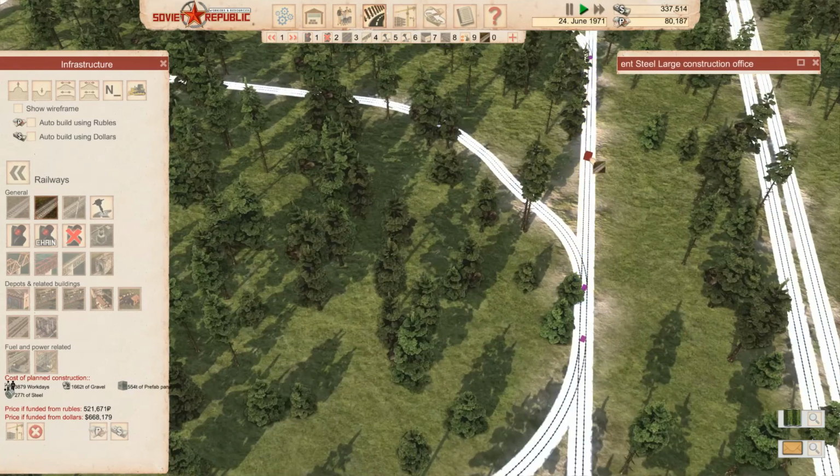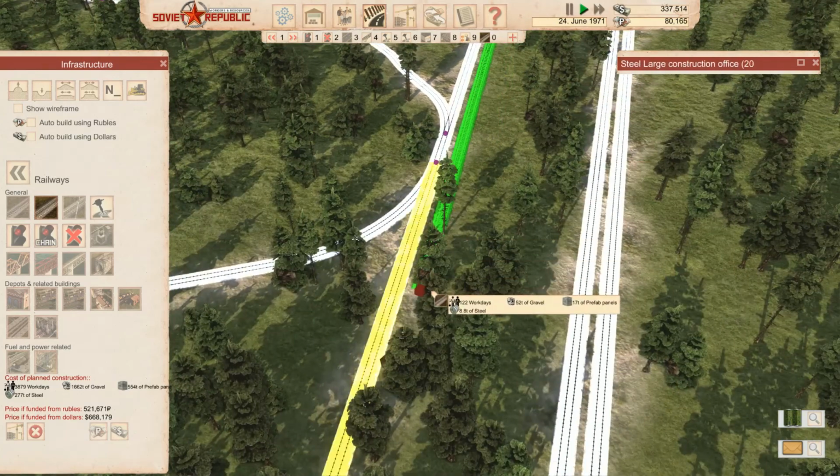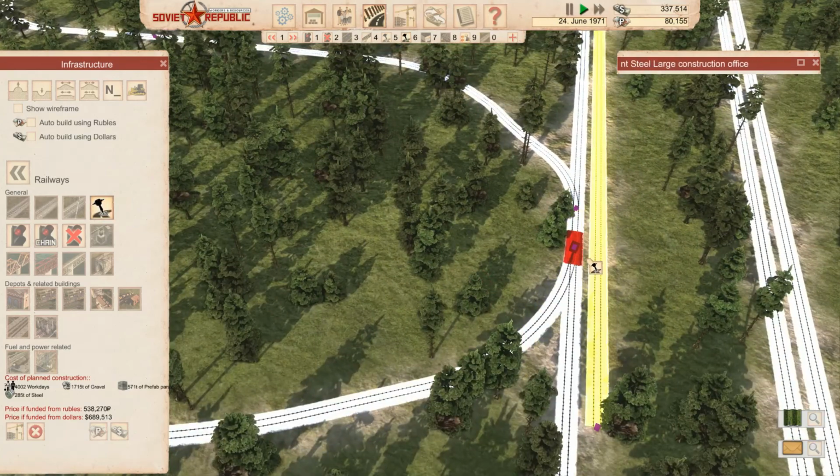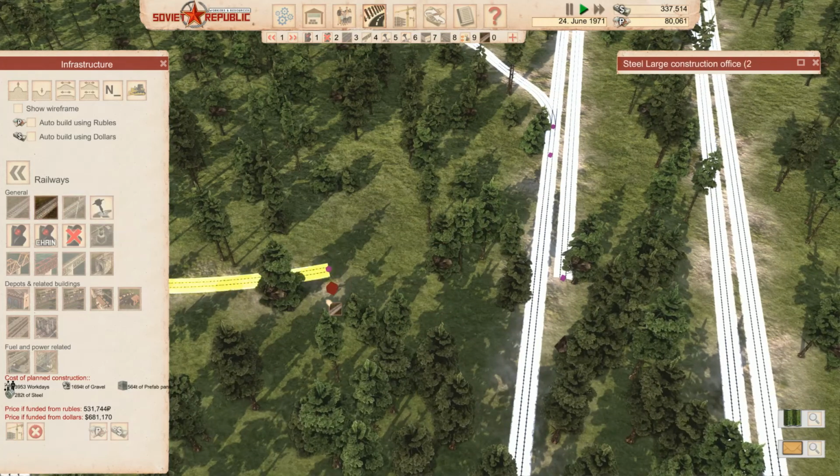Why won't you? Are we in that? Yeah, we're in that mode there where we can't. All right, if I did like this, I think I get rid of this, right? Up to there is probably pretty good. And then we...